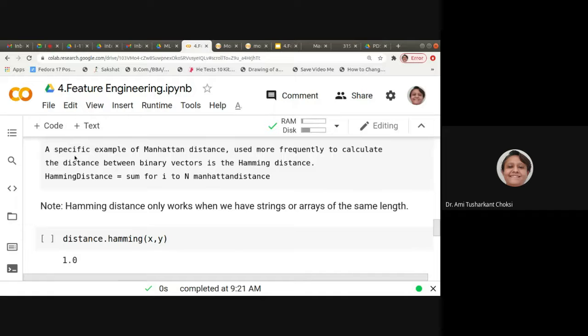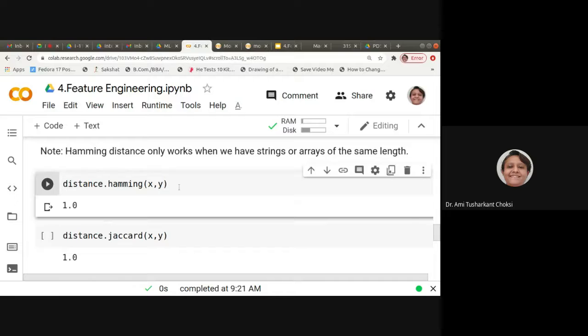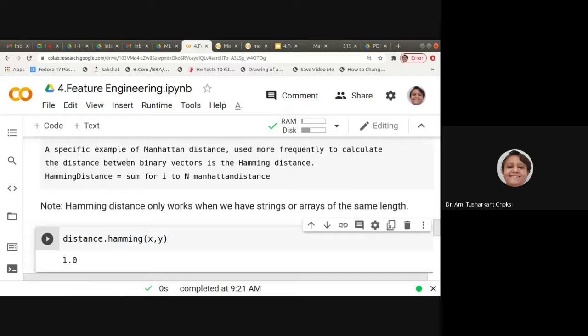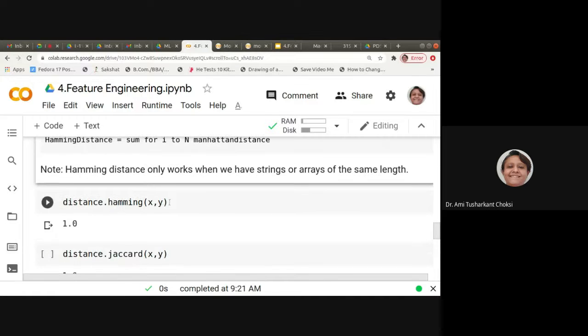We already know that a specific example of Manhattan distance used more frequently to calculate the distance between binary vectors is Hamming distance. So Hamming distance is equal to the sum from i to n of the Manhattan distance. When we want to find the distance between binary vectors, then we find the Hamming distance.